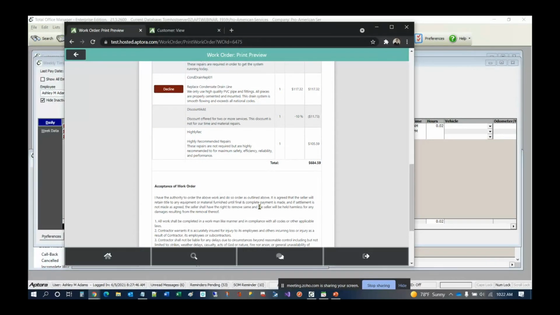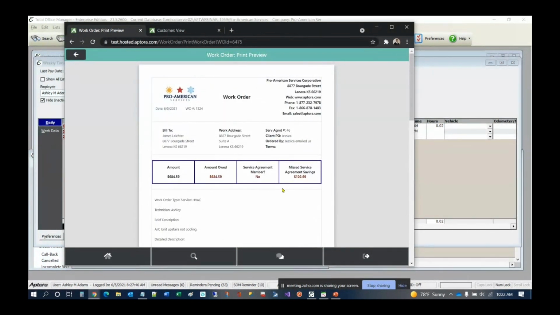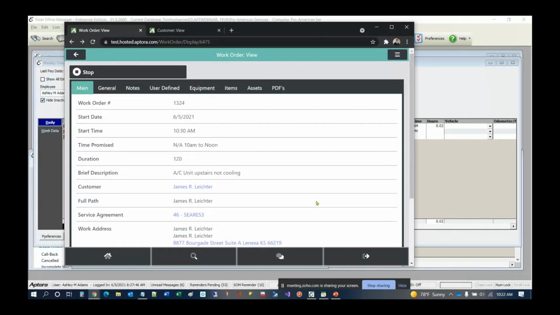Now, a couple things that aren't really related to mobile, but I don't want you to think I forgot about them. Once you make your diagnosis, you should always be in the habit of saying, once I do the blah, blah, blah, I will then complete the rest of my diagnostic procedure. That way, if it's low on refrigerant, you haven't suggested you are finished. That way you could approach them and say, I'm running your system. It appears to be low on refrigerant. A lot of people call it Freon. I'm going to need to add some refrigerant. Your total investment is going to be